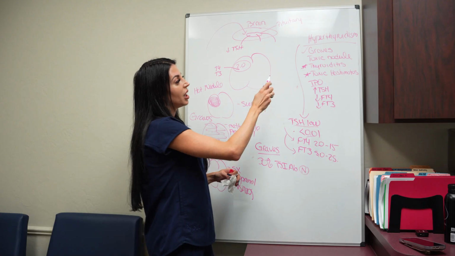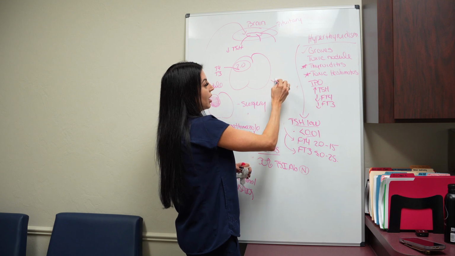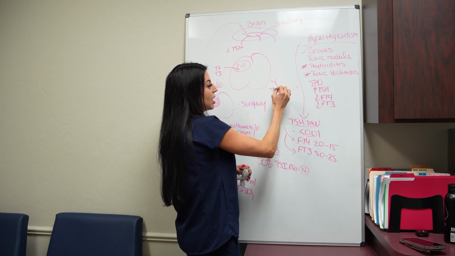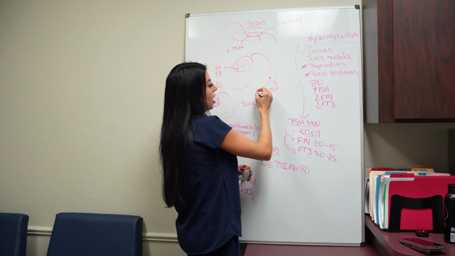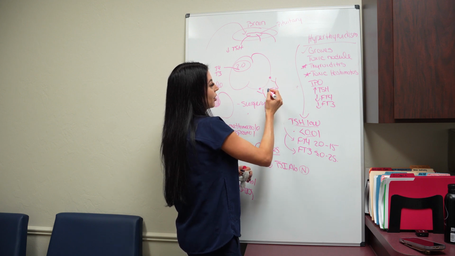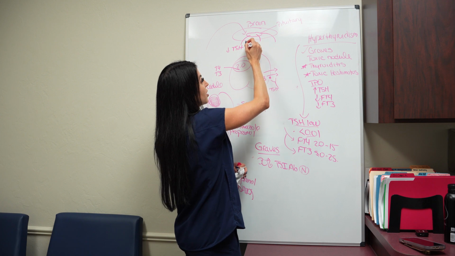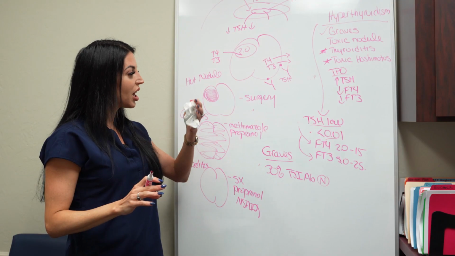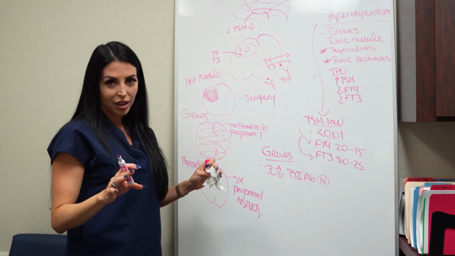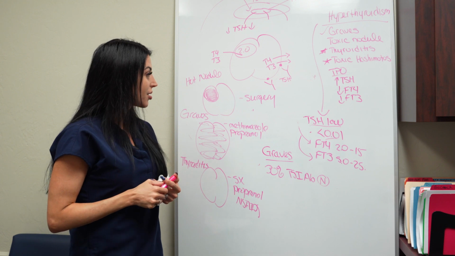So typically, when you have hyperthyroidism, it's gonna be due to Graves. And again, it's that antibody that looks like a TSH molecule. It mirrors one. Your thyroid doesn't know the difference. And when these antibodies come and attack, your thyroid just says, okay, I'm supposed to make T4, I'm supposed to make T3, even though your brain is like, oh my gosh, there's way too much. And it's down-regulating TSH. So that's kind of a bird's eye view of hyperthyroidism. I've had a lot of people ask about it, so I hope that helps clear it up to some extent.